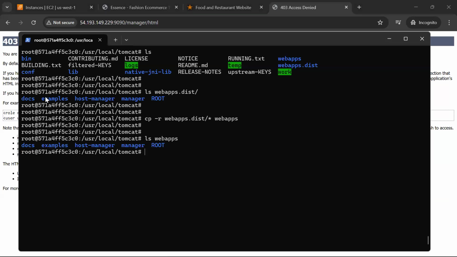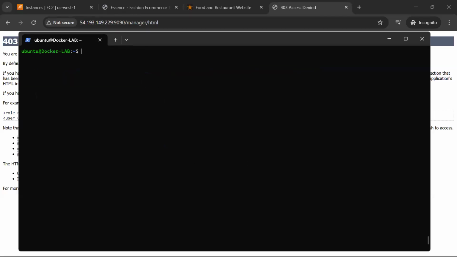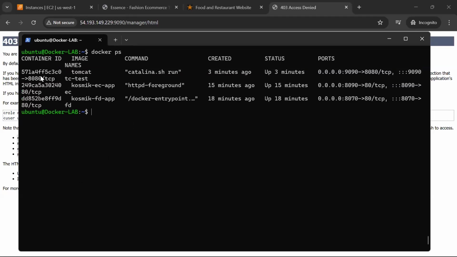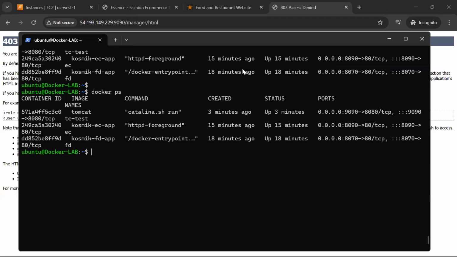So I'm inside the container. I modified a configuration, but if I exit the container, guys, this configuration is only available in this container. If I lose the container, again, I have to update the configuration, correct? So what you can do is, you can build your own custom Tomcat image as one option,